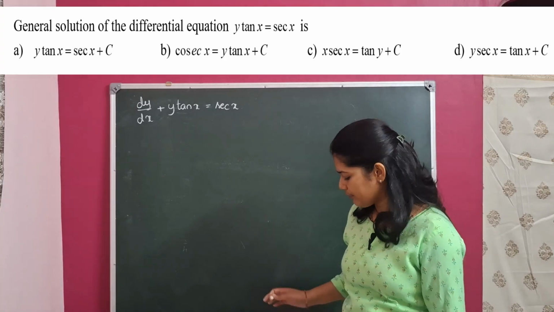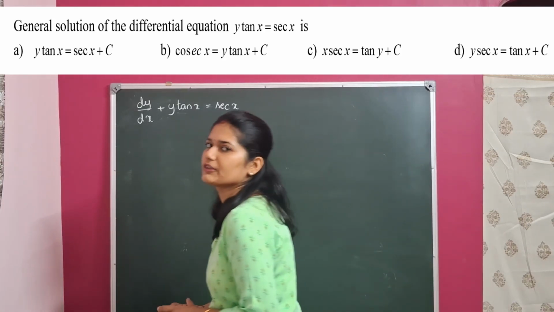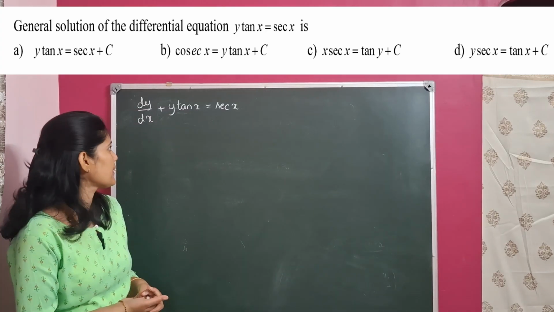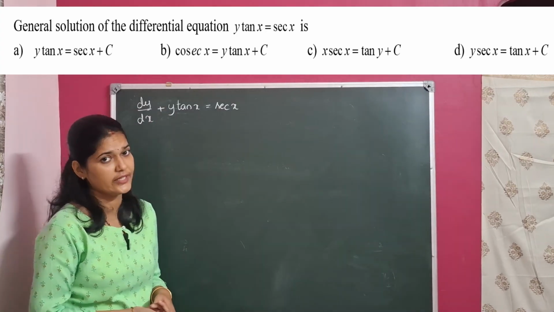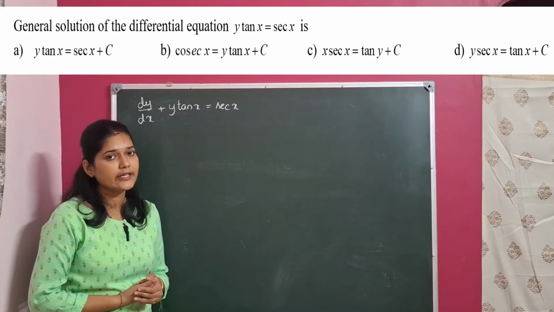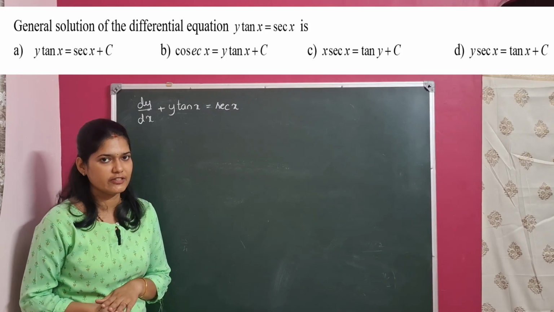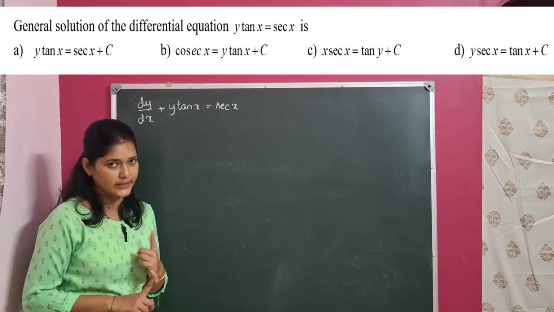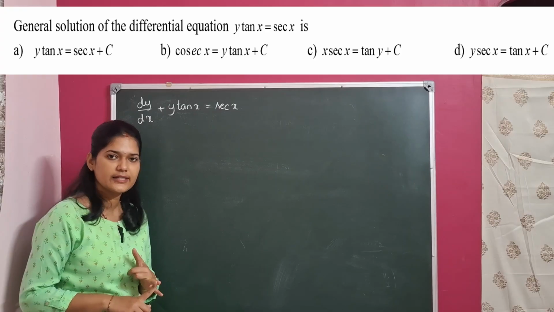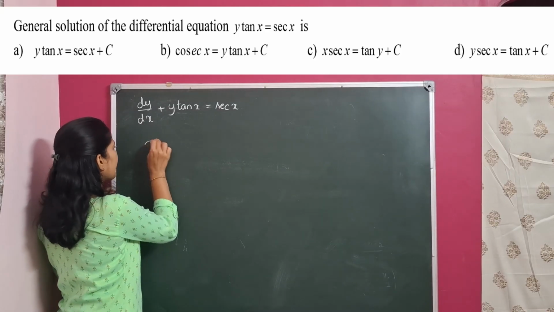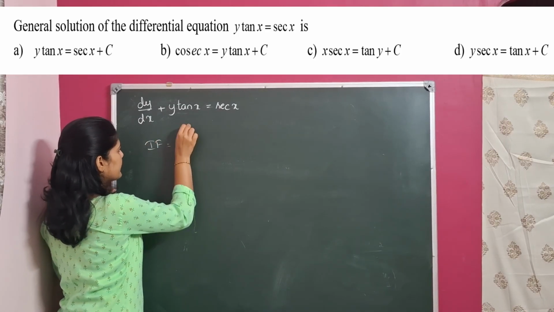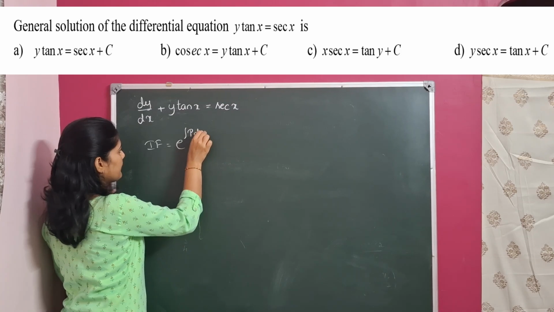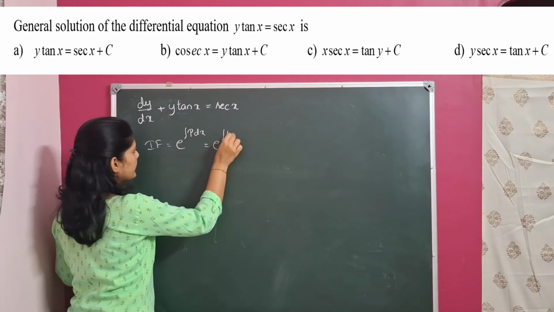In this problem, we have to find the general solution of the differential equation dy by dx plus y into tan x is equal to secant x. This is a problem related to linear differential equation where p is nothing but tan x and q is nothing but secant x. Now, to find the integrating factor, it is e power integral p dx, that is e power integral